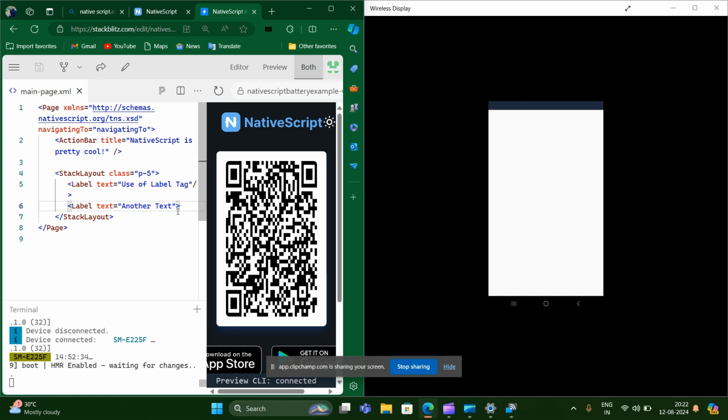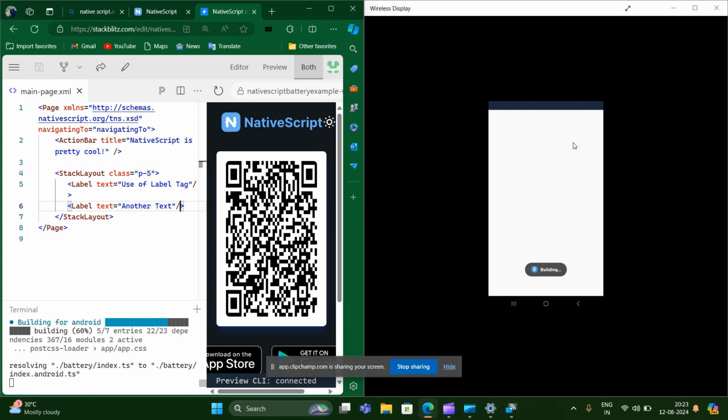This thing will happen a lot of times when you write a lot of code. So it is very important to check that you have written the label tag correctly. At the start of the video, I told you the right format of writing the label tag. You have to write the label, okay, and then you have to use the forward slash at the end. If you do not use it, it is not going to give you any output. If you want to see the output, then you have to write this forward slash there. So now when I press Control S, you can see it will give me the output.